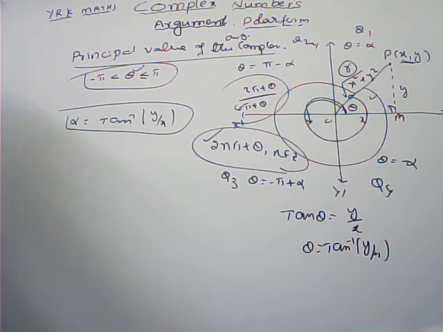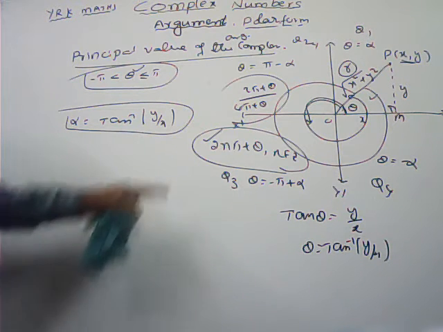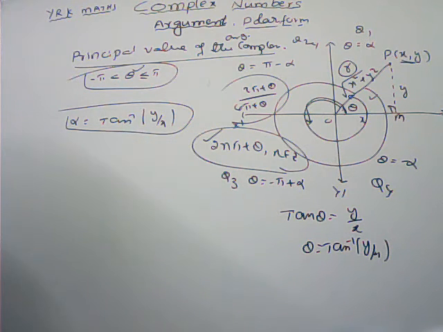These are the principal values of the arguments. Here for the argument of a complex number we discuss only the principal value. The general value of the argument is discussed in De Moivre's theorem. To find the argument, or to write the polar form of a complex number, we always use the principal value of the argument. To find the nth roots of any number, only then do we use the general value of the argument.